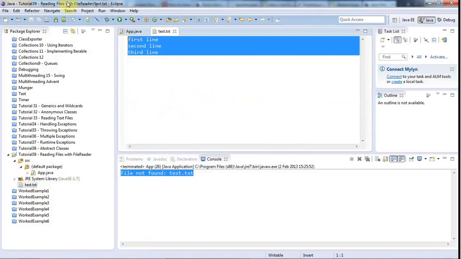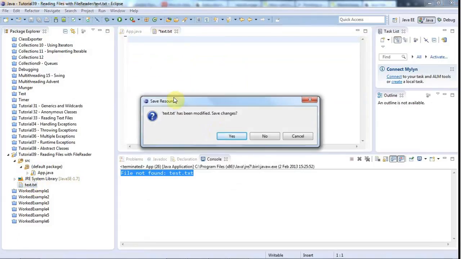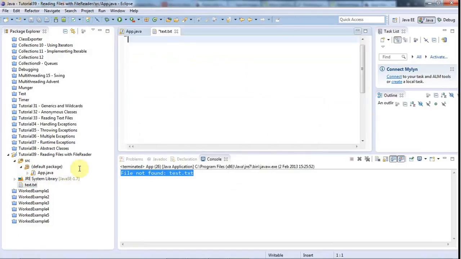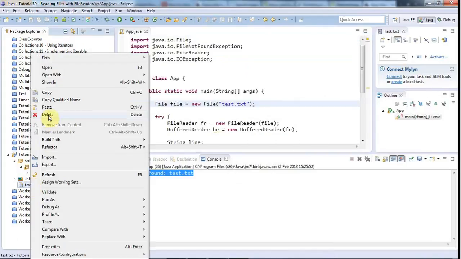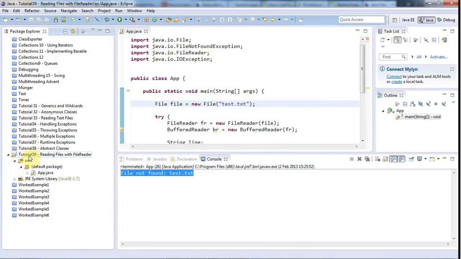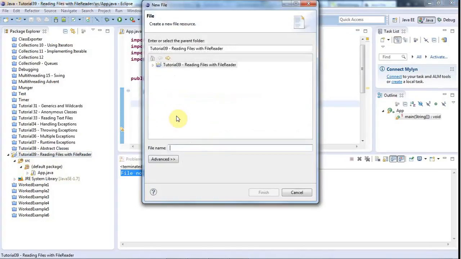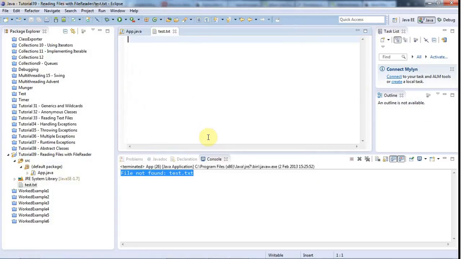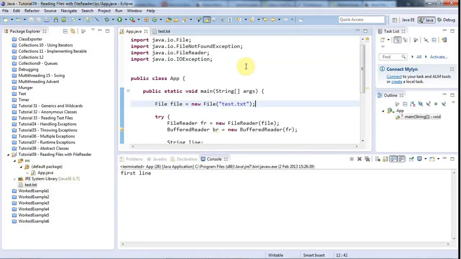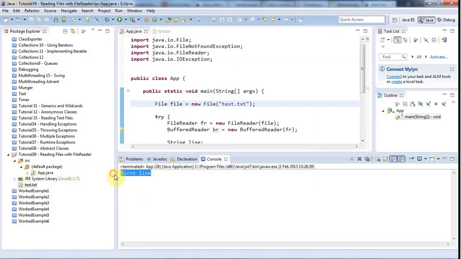What I'll do is I'll just copy that and close that and delete it, and let's just recreate it with the right name. So right click the project, new file, test.txt is what I wanted to call it. Paste the stuff in there, save it, run the program,